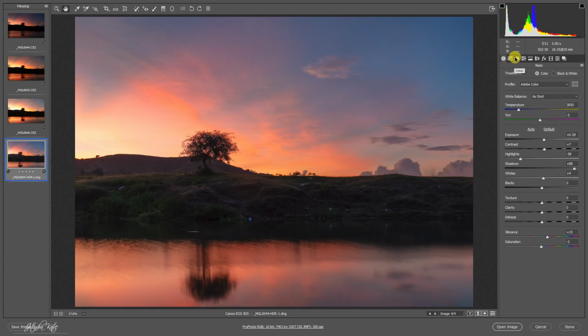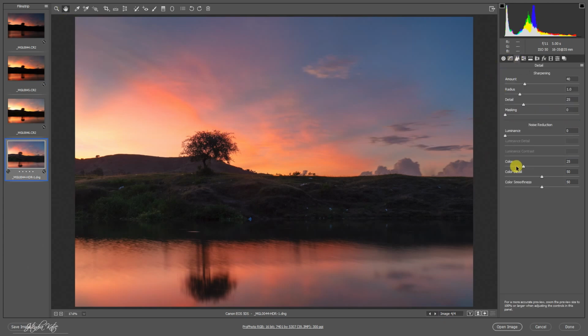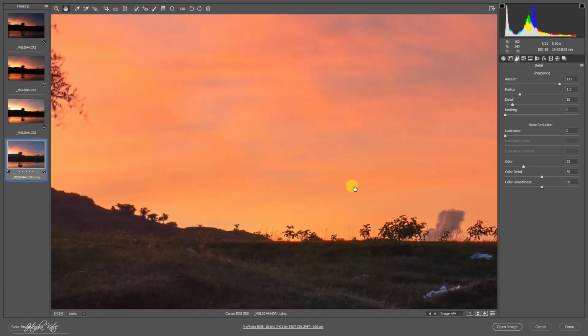Now I will go to the sharpening and noise reduction tab. I usually like to keep my detail slider down to about 10, and now I increase the amount of sharpening. Now I will press Ctrl Alt and 0 so that the image will be enlarged to 100%.